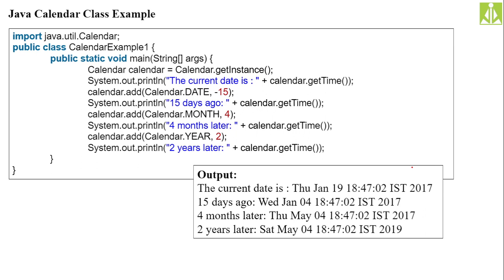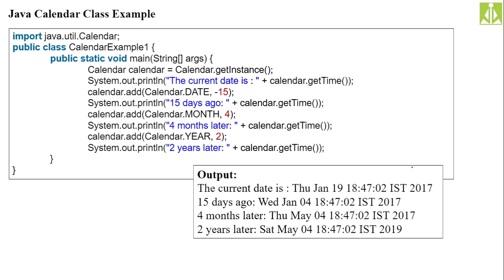So the calendar class, we have a simple example. As it is an abstract class, you can't directly invoke the constructor. Remember this one. You cannot directly instantiate the class in the regular way as we do for our regular classes. As it is an abstract class, we need to invoke the getInstance method to get the instance of this calendar class. Remember this one, direct memory allocation is not possible.